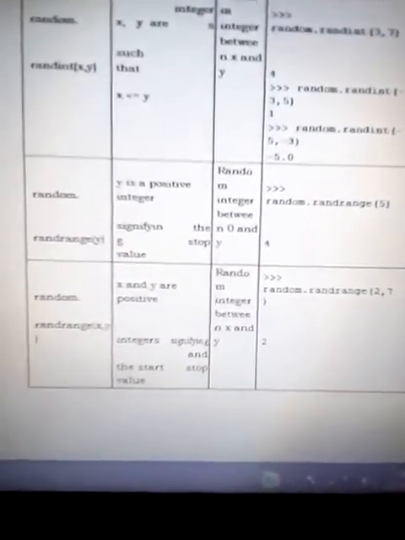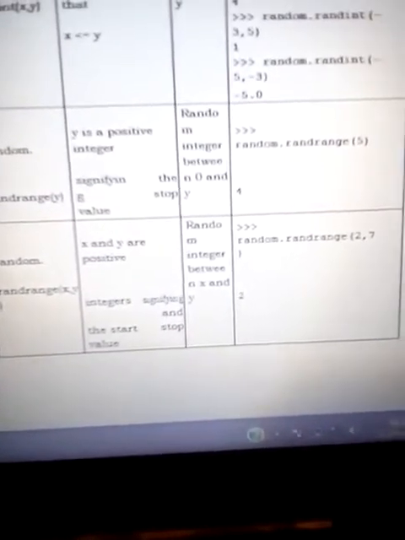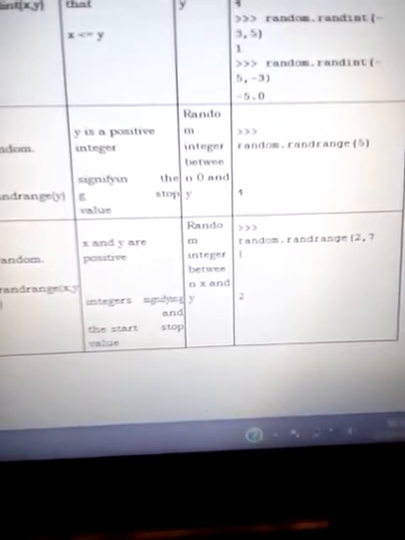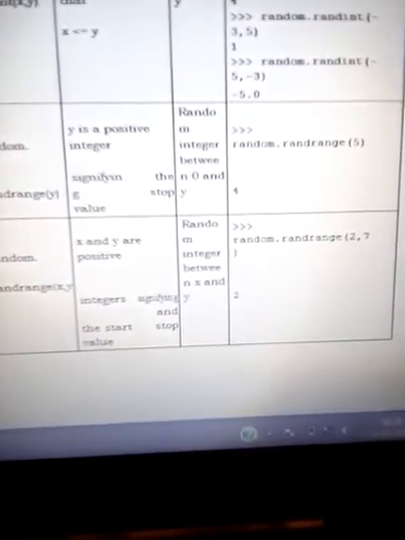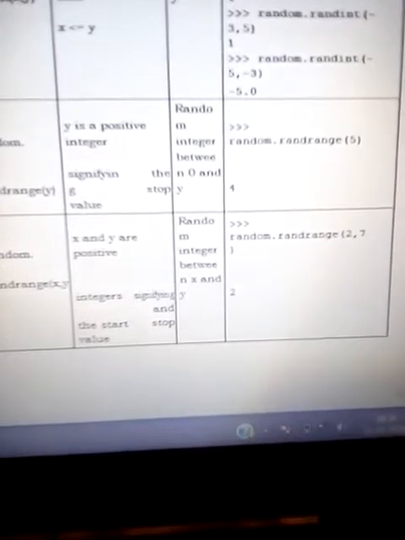Let's see. For example, we take random.randrange with 5 passed as the range, so it would generate from 0 to 5, and it could generate 4 as an output.